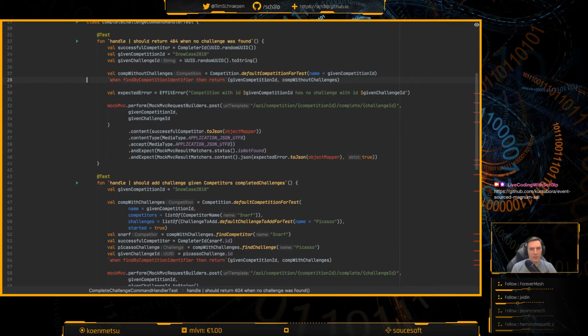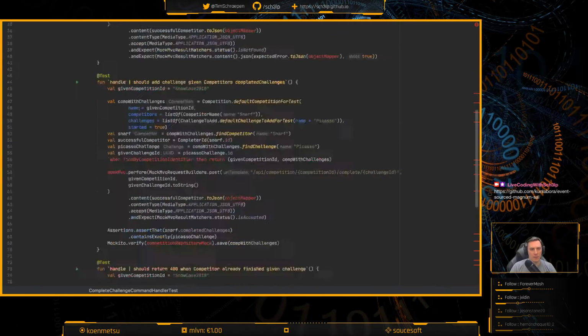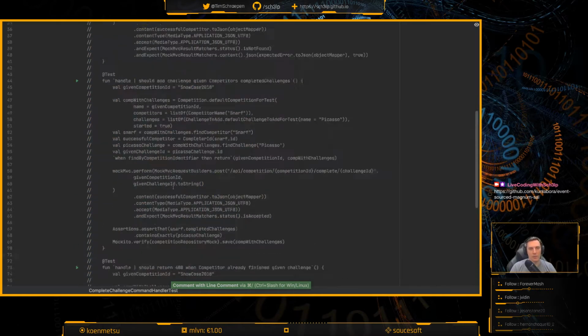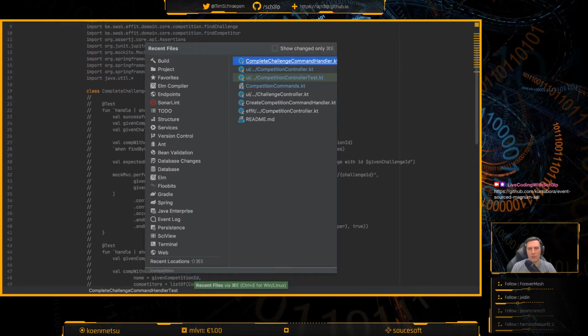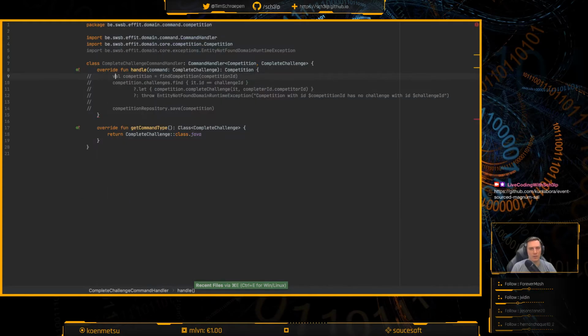Right, we do need these tests though. Right, so I mean, let's also comment these out just for now, because I really only want to make sure that this thing works. It's still not compiling somehow.